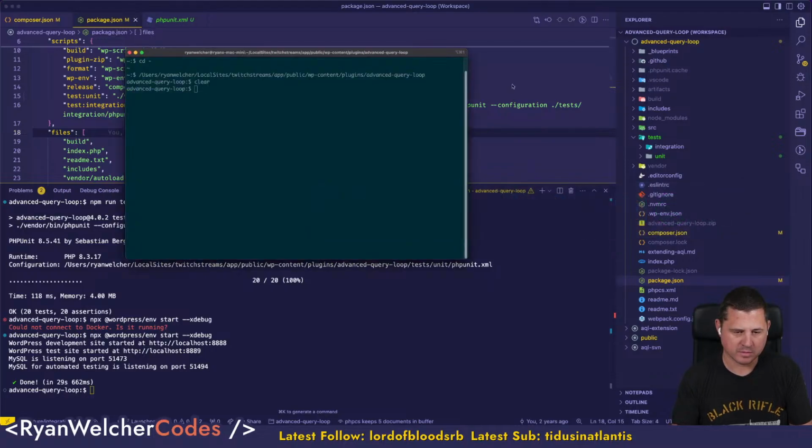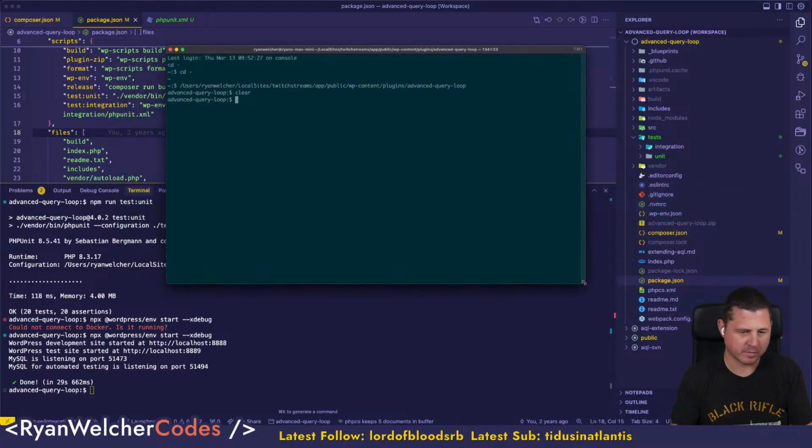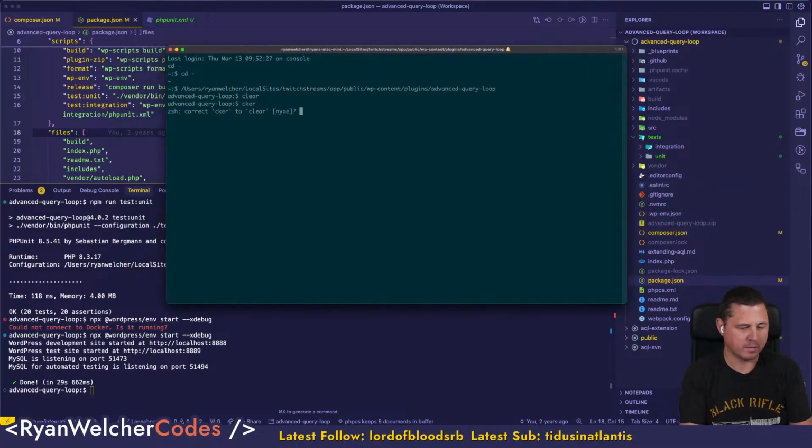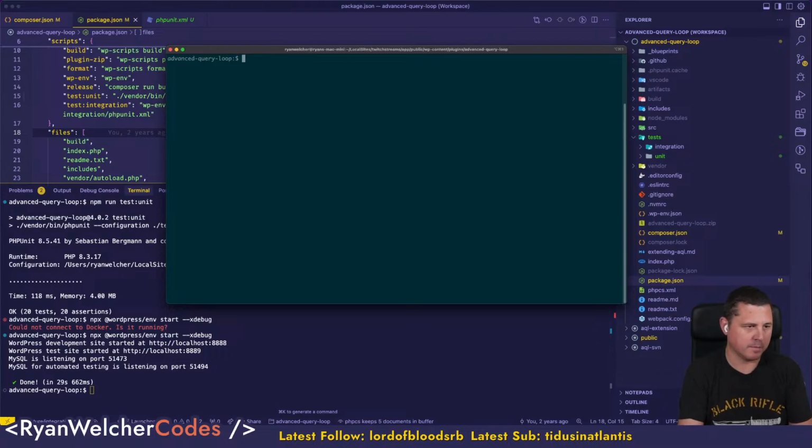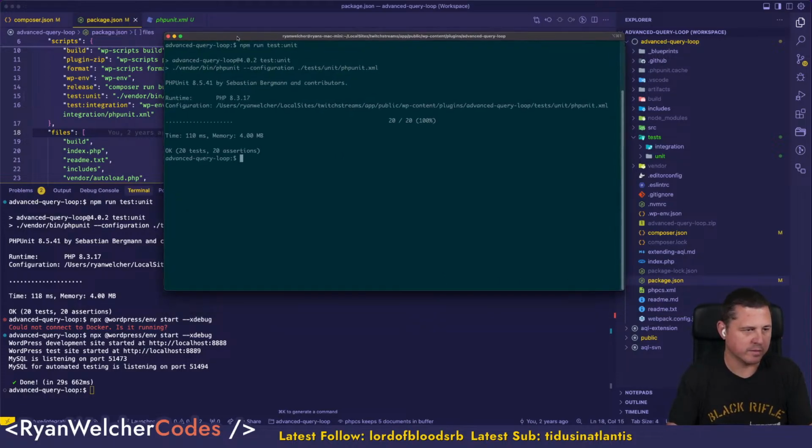I'm going to do this in iTerm because it's easier to read and clear. Yes, I want to clear that. I heard a ding. npm run, so let's just go test. We'll go unit. It should just run nice and quick. Ran all my unit tests. I have 20 tests in there, so it's running everything out of my unit folder. So now if I run integration,